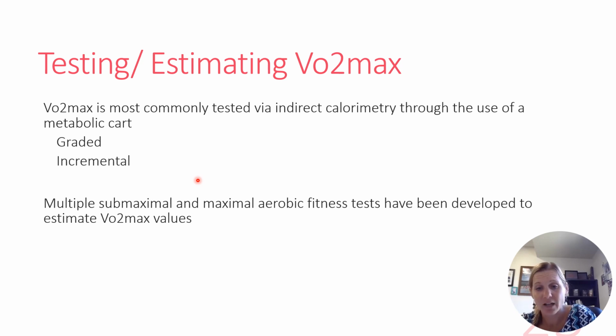So ideally, when you change intensities on that treadmill, I'd like you to try to get a full minute in the next stage in order for it to really allow you to get the benefit. If you only make it 30 seconds, you don't get that full benefit of going at that next intensity. So if you haven't done your treadmill test, whatever your last stage is, try to make it at least a minute in order to really fully see the benefit of being at that intensity, in order for your body to adjust. If you can, do your best, right?